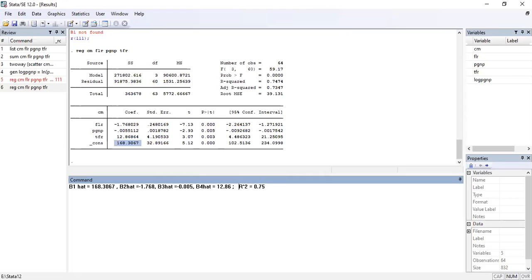R squared 0.75 means 75% of the variation, not variance, variance and variation are different. Variation of y can be explained by x. What is y here? Child mortality. You have to say it in your context. So 75% of the variation of child mortality is explained by